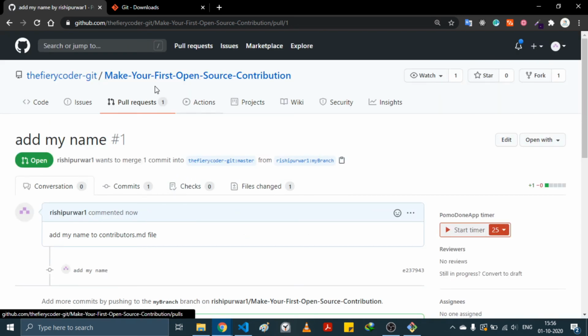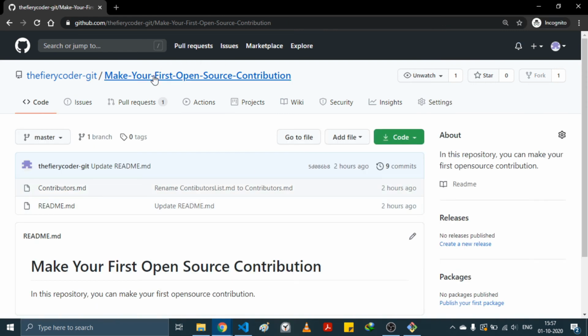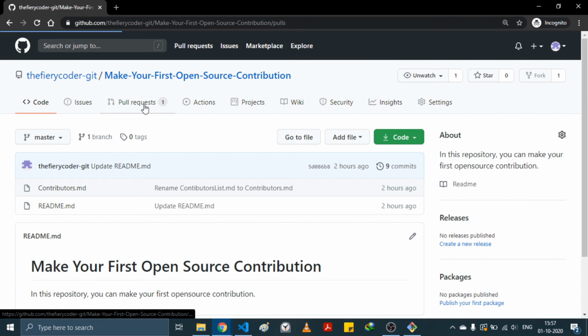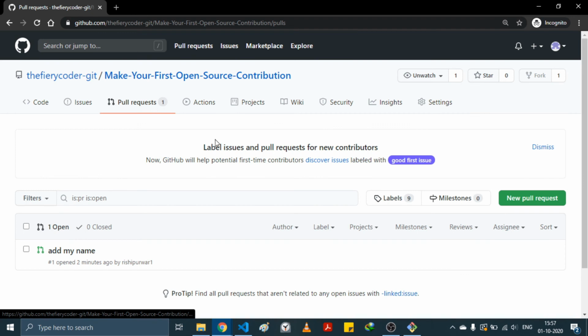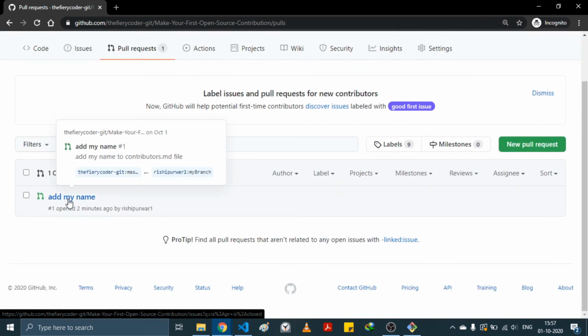Now the owner of this repository is able to see the changes you made. As I am the owner of this repository, I already opened this repository here, and here you can see it shows one pull request. I click this link, and here you can see this is a pull request which says add my name.